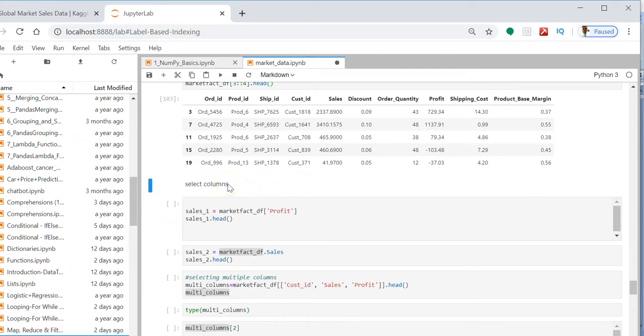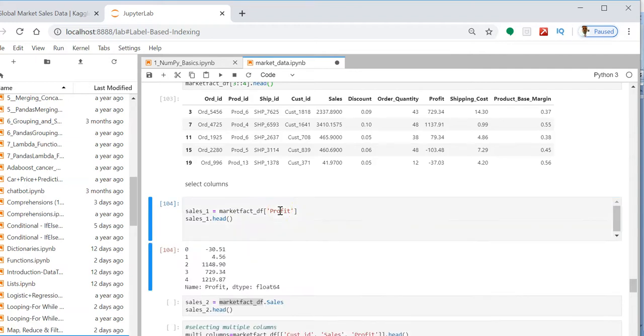Now how can we do the selection based on the column name? Let us see here. I have this market_fact data, and I want to select the data based on the column name. I want to select all the rows under one column, which is profit.